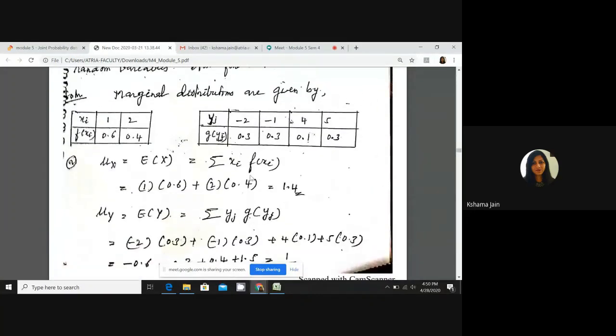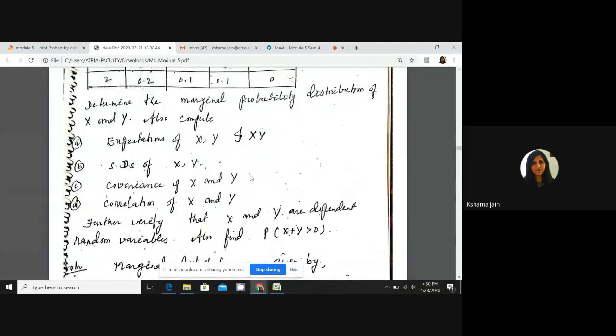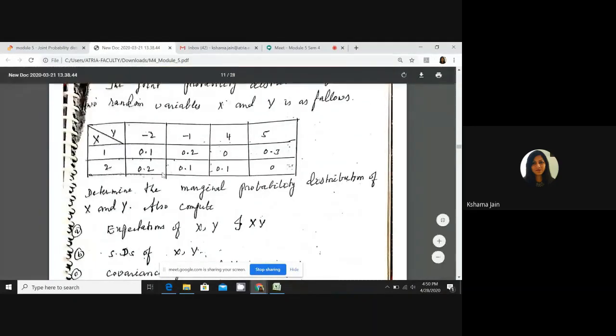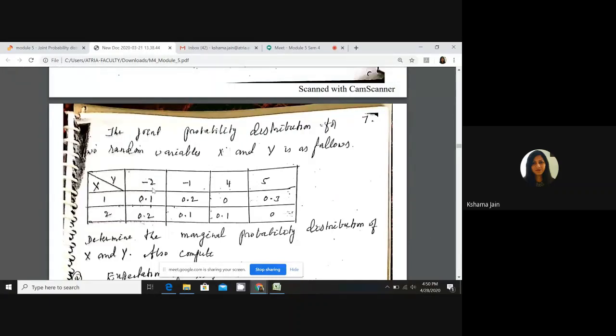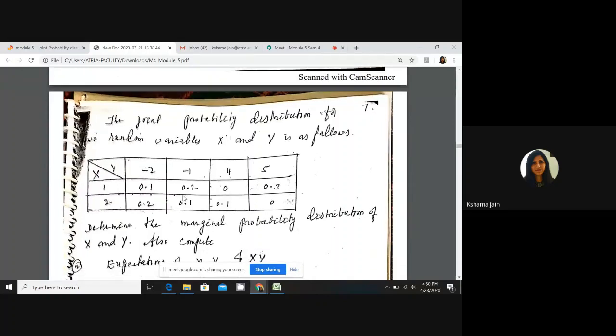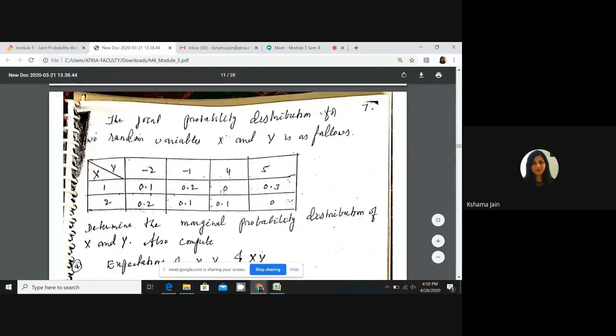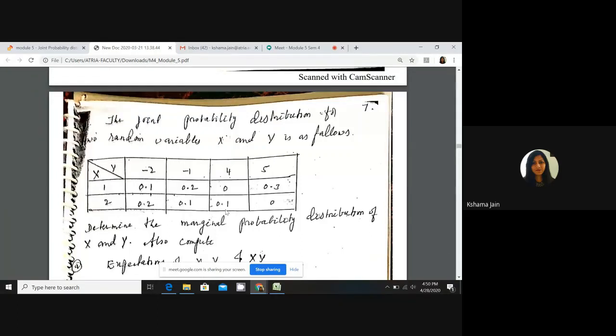It's your work: until the second problem I have explained. Fourth problem, sorry. This problem you will do. This is for your practice on page number 7. On page number 7, one problem is there. Be honest and, without looking into the answer, solve it. It's nothing, same as the previous one. A joint probability distribution is given. You will make the marginal distribution first. For x, take the sum of rows; for y, the sum of columns. Take the marginal distributions, find out E(X), E(Y), and the joint probability distribution will give you E(XY). Apply the formulas of sigma x, standard deviation, covariance, correlation.